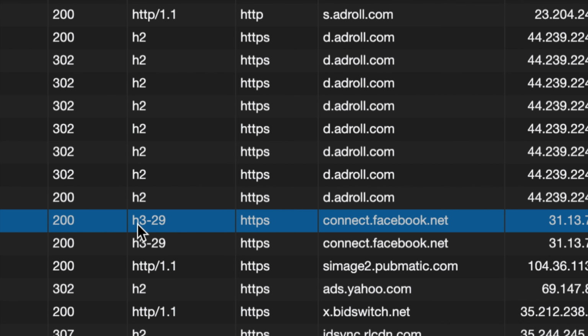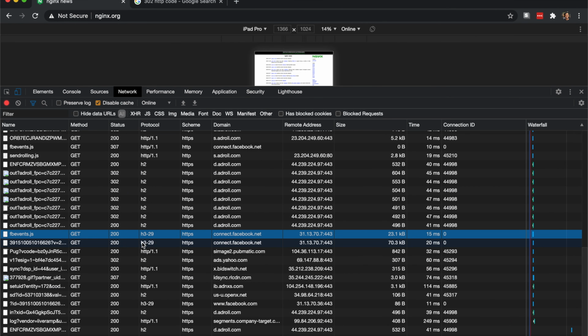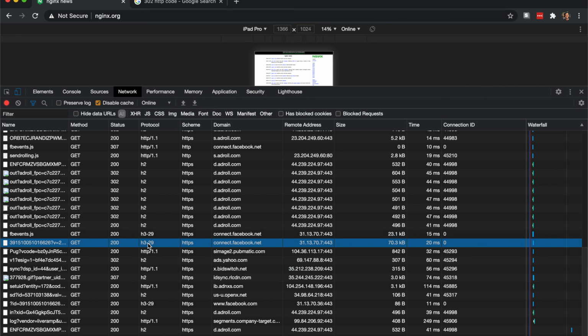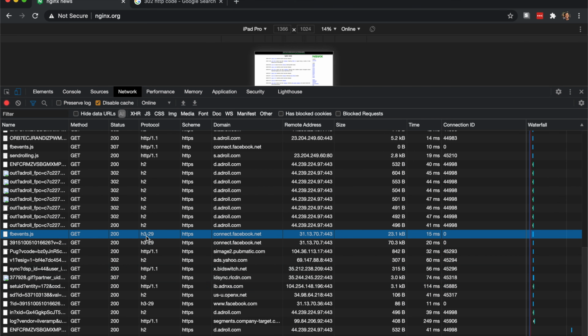I don't know if it's the final. This is the latest Quick specification, as far as we know, from the Quick team and HTTP 3. So they're using the latest and greatest. They implemented their own version, but that is H3 nonetheless, right? So look at this stuff. They're using H3. So now we're going to Google, we're going to Facebook, and now just all of a sudden